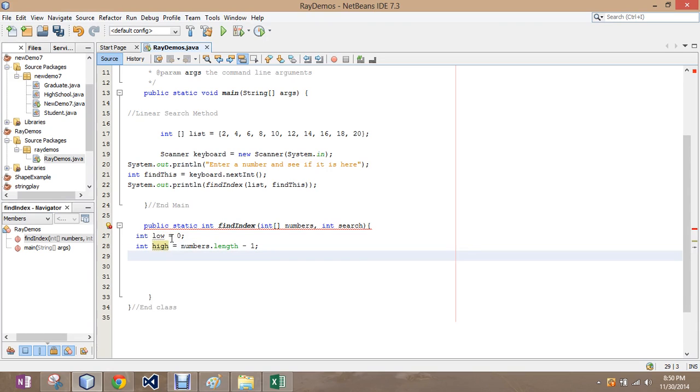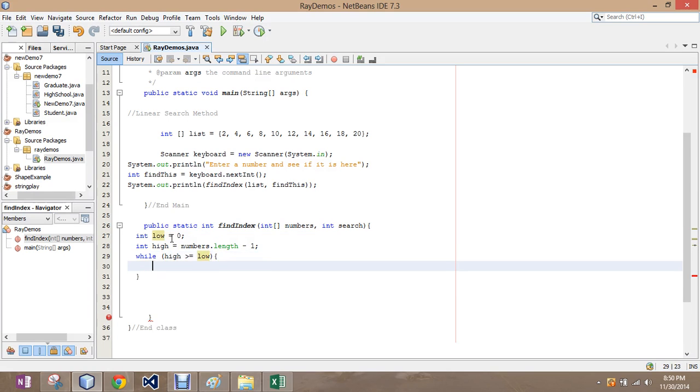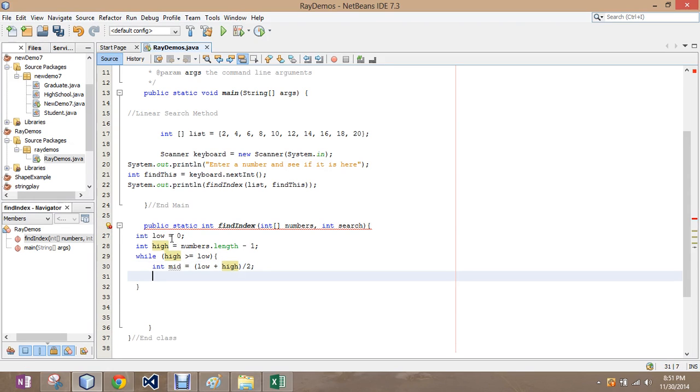So now we're setting up our while loop. While high is greater than or equal to low, we're first solving for mid, so integer middle equals low plus high in parentheses, so it calculates correctly, divided by 2. And then we're checking if search is less than the numbers of mid,